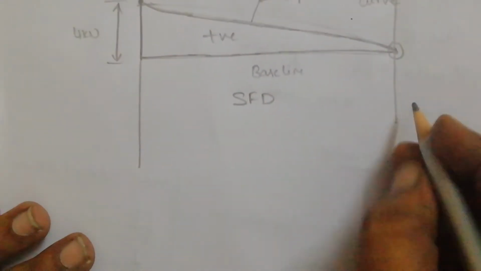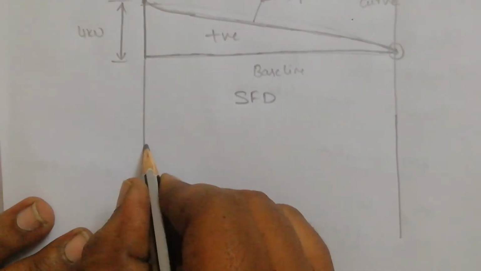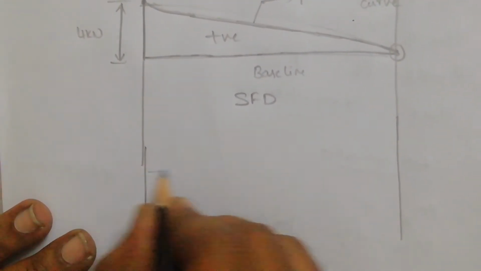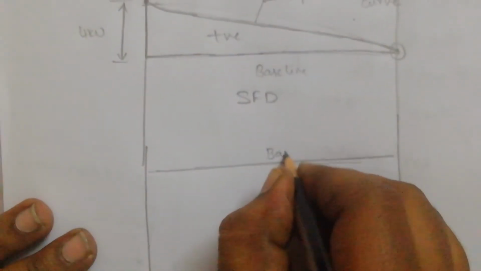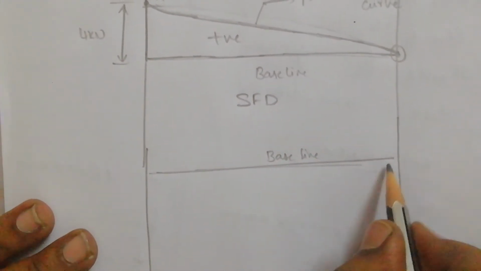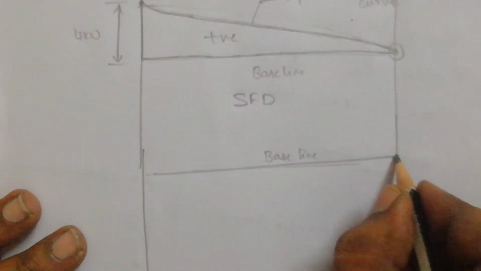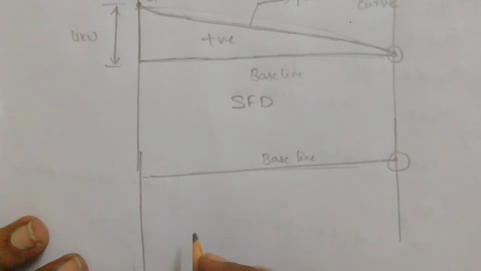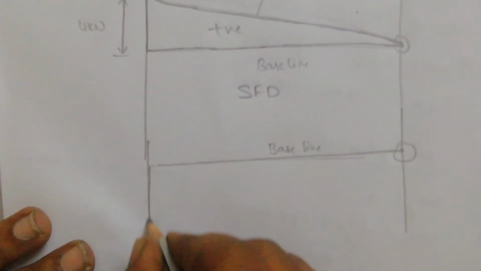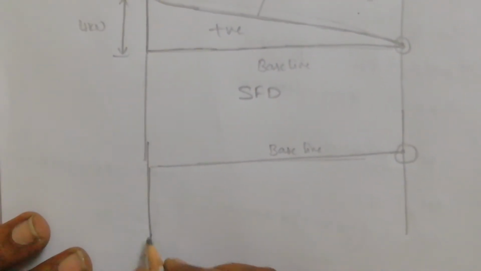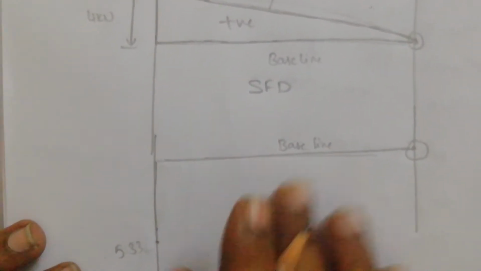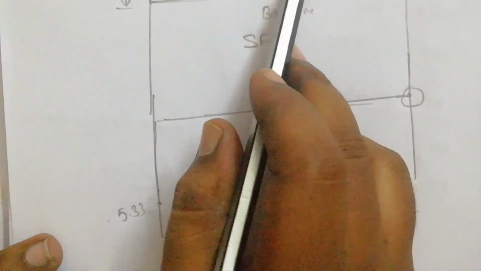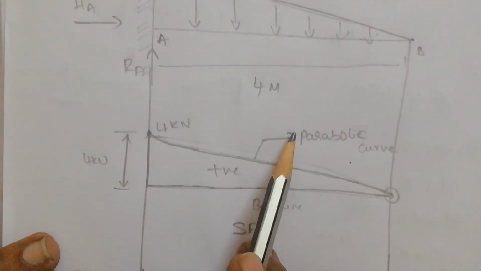So you have got the shear force diagram. So let us extend these lines and draw the bending moment diagram. So first of all, since the values are negative, I will take the baseline here. So this is my baseline. What is the point you have got before? At point B it is 0. What is the value for point A? It is minus 5.33, minus 5.33.